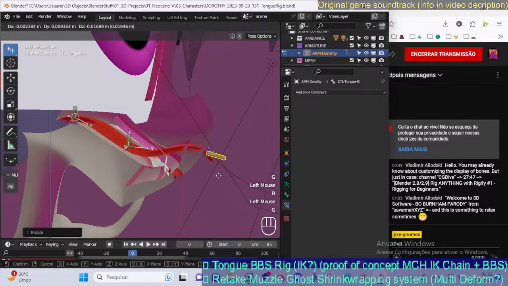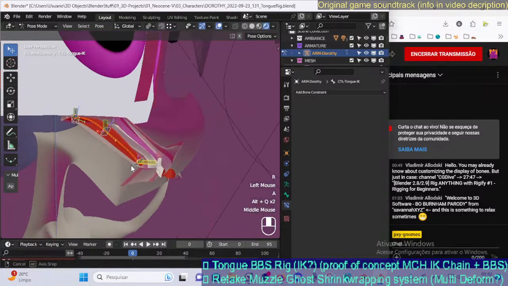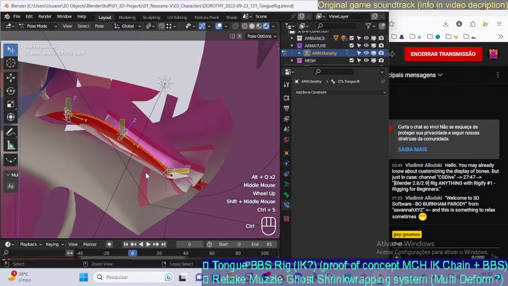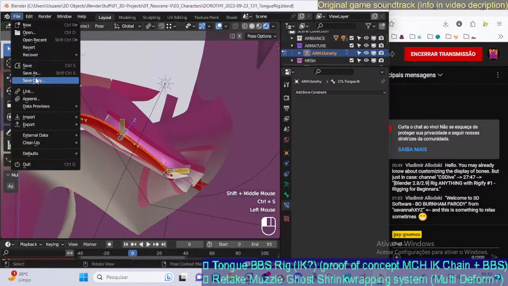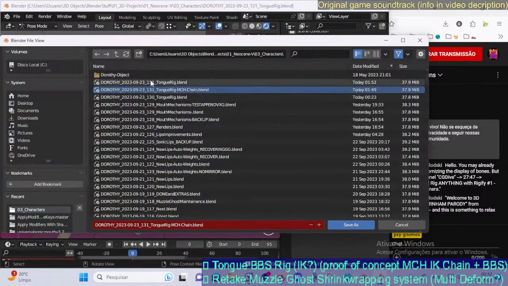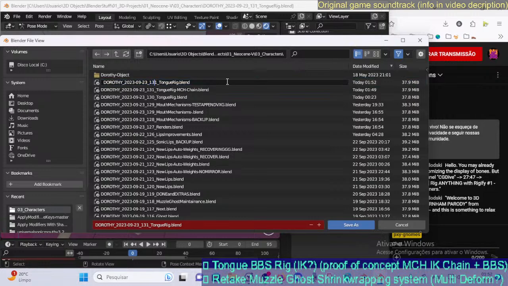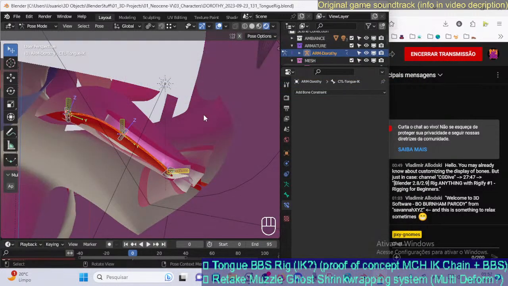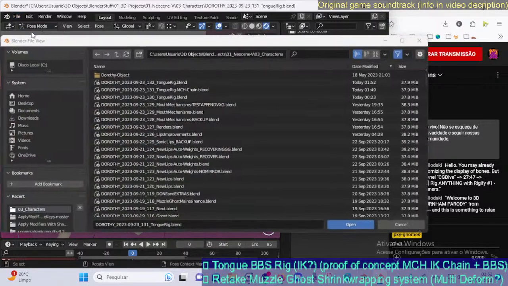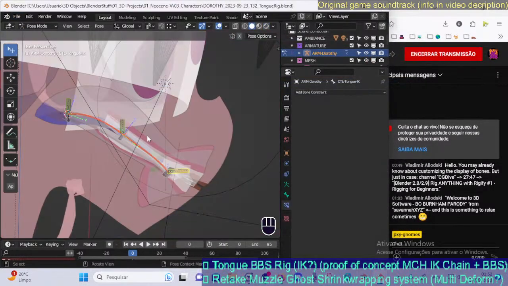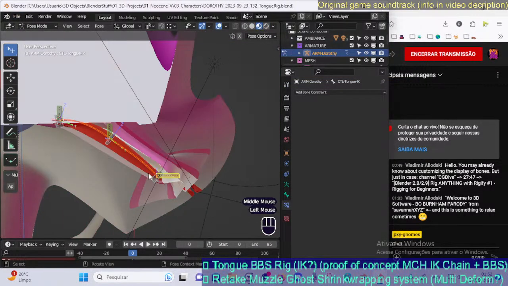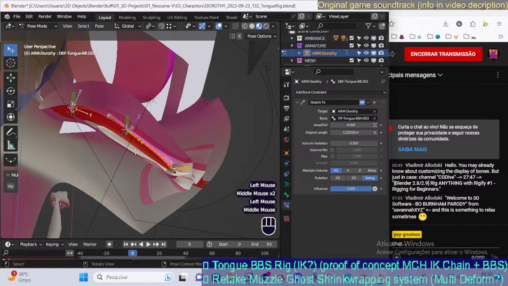With motion paths, it shouldn't be complicated. And we could see what it does, so we could also see what it does if we try to,